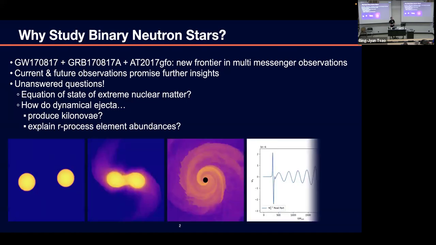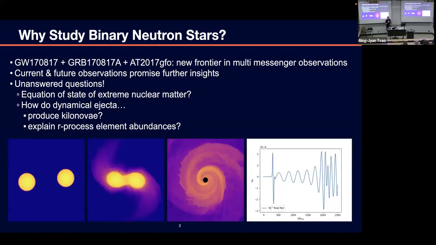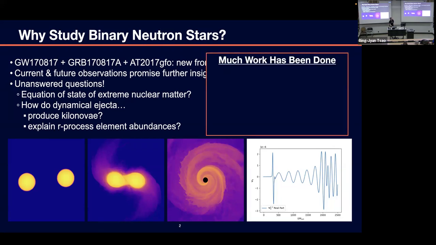So we do that through our simulations, and most of the simulations that my group has performed have used the Einstein Toolkit. And these simulations basically serve as our laboratories for studying these systems, right? There's no other way, this is how we do it. So we can view ourselves as experimentalists in many ways, right? And a lot of work has been done. There's been a lot of progress. There are a couple of review articles there that I put up for people who are interested in reading about the history and the details.